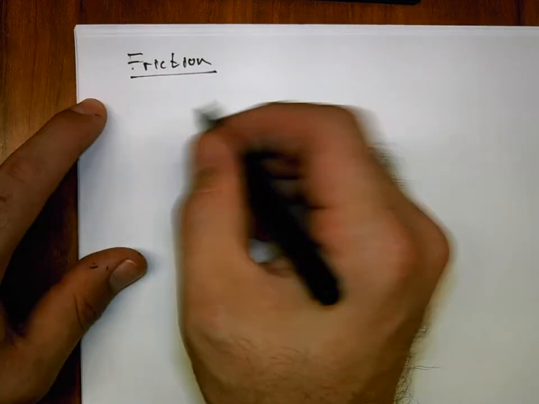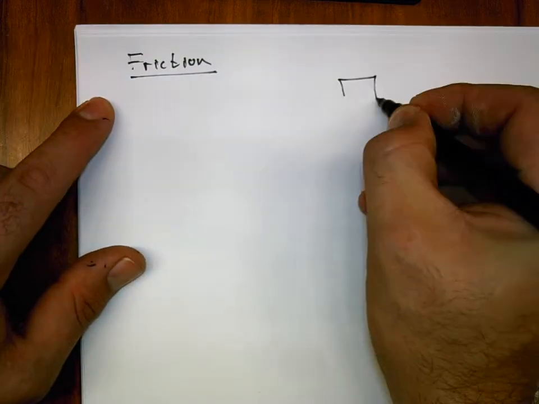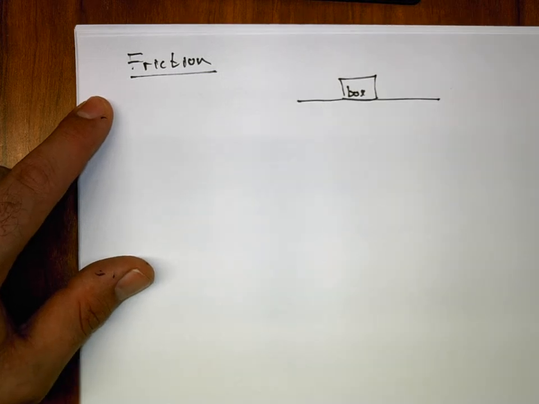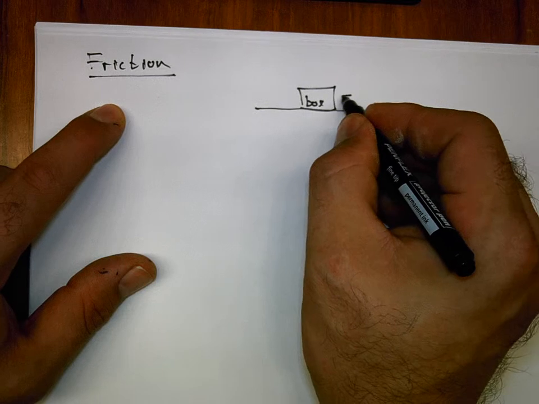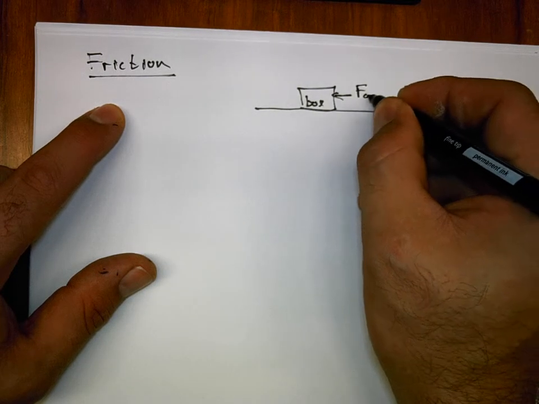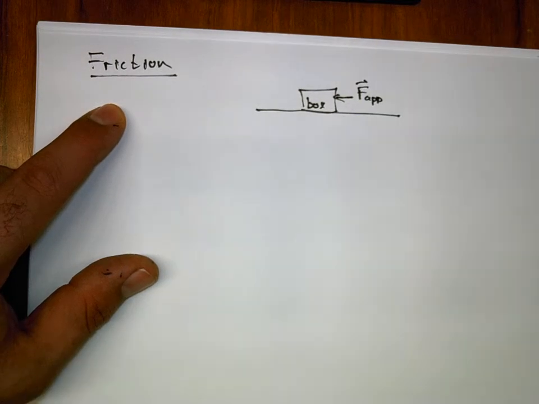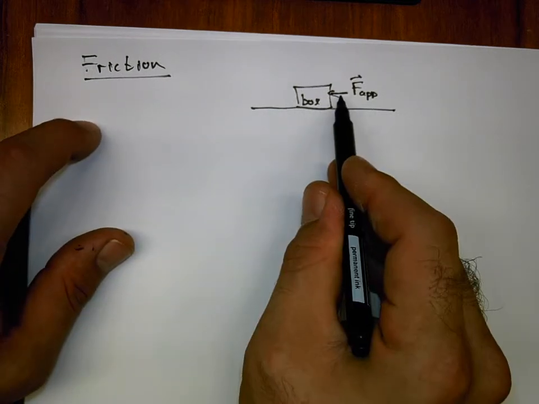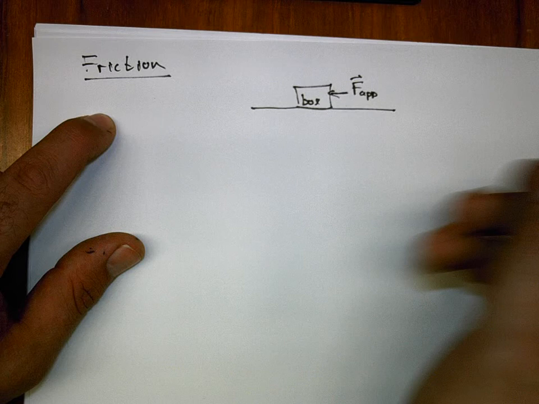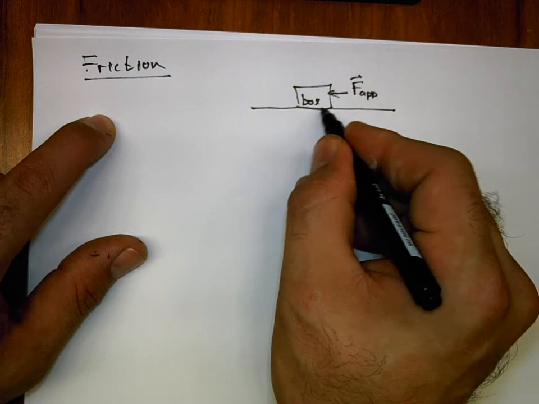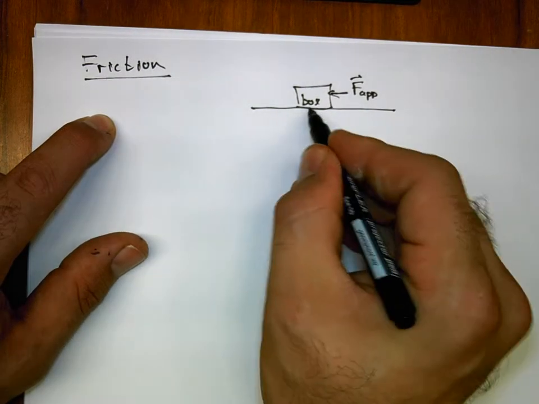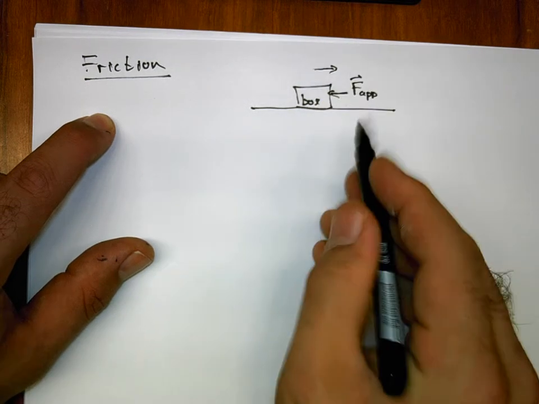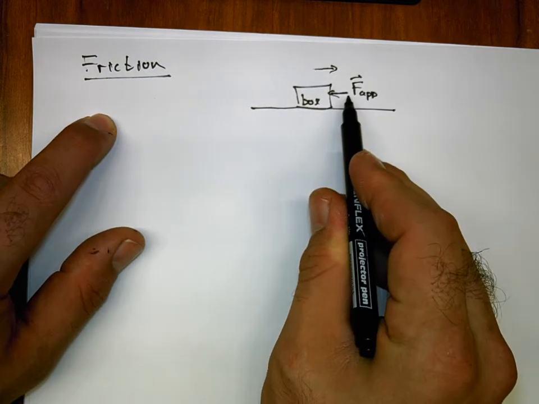So if I've got, let's say, a box or a block on a surface, and I'm applying a force onto the box, and I now see what happens. So we said initially, if I apply the force, there's an equal but opposite force opposing it. Because of friction between the box and the surface, there is a force that is directly opposite the force